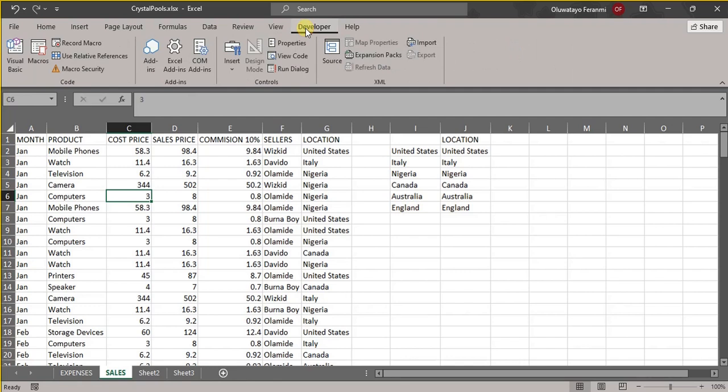the Developer tab will not show on your Excel except you